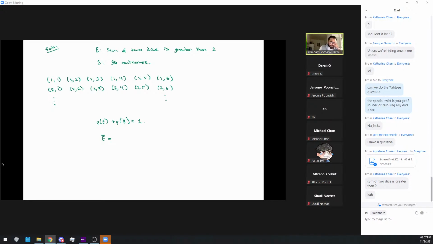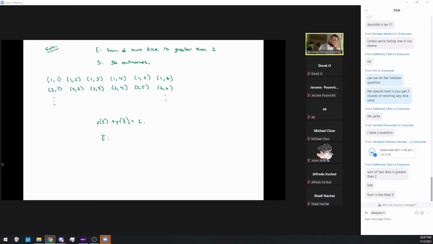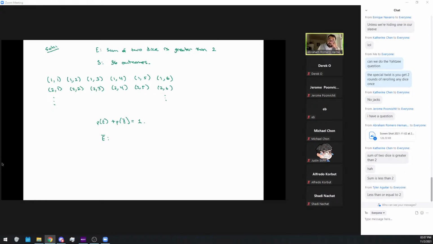What is the event of E complement? Sum is less than 2, close. You're missing something. Right, less than or equal to. So if we find the sum is less than or equal to 2,